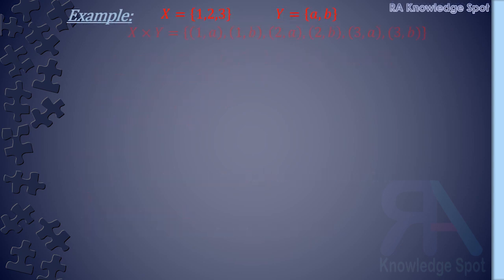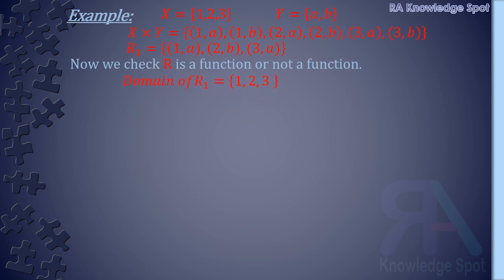Again x and y, their Cartesian product, their relation. Now we check whether this is a function or not a function. Okay, first of all अगर आप इसकी डोमेन देखते हैं तो डेफिनेशन के अकॉर्डिंग इसकी डोमेन जो है वो 1